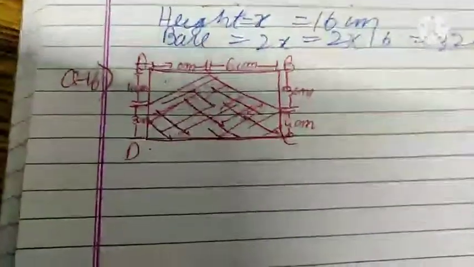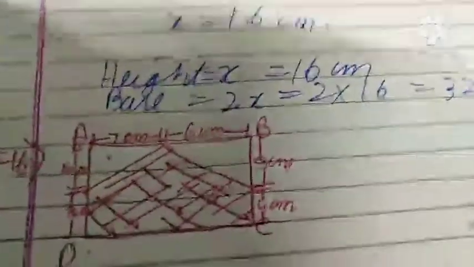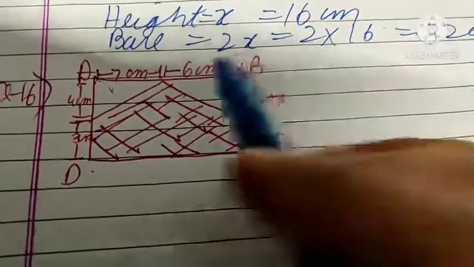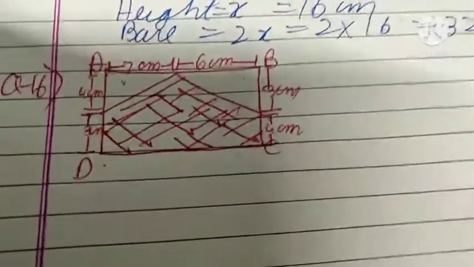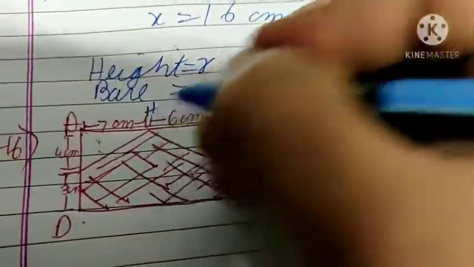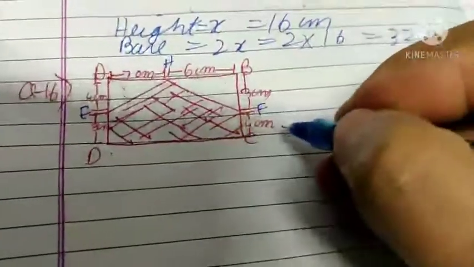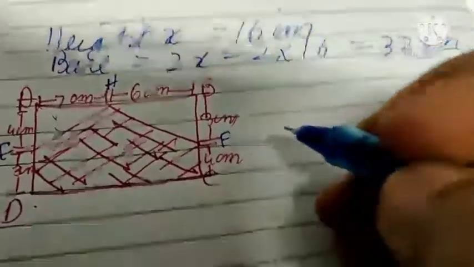So this is the figure and we have to find the area of the shaded portion. Means if we calculate the area of the full rectangle and subtract the area of 2 triangles from it, then the area of the shaded portion will be our answer. So okay, then what we will do, we will calculate the area of these 2 triangles. Okay, this is H, this is E, and this is F. Okay. So area of triangle AEH.